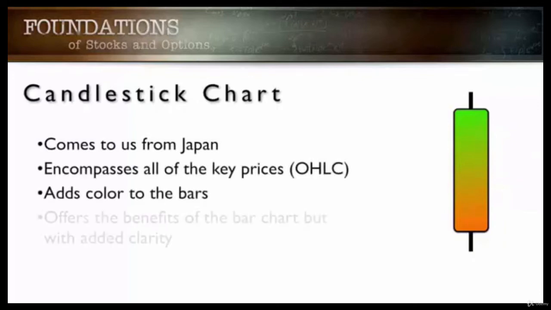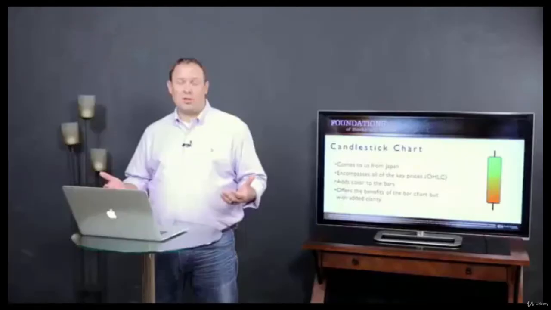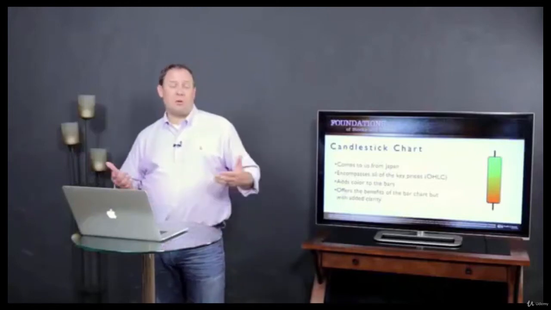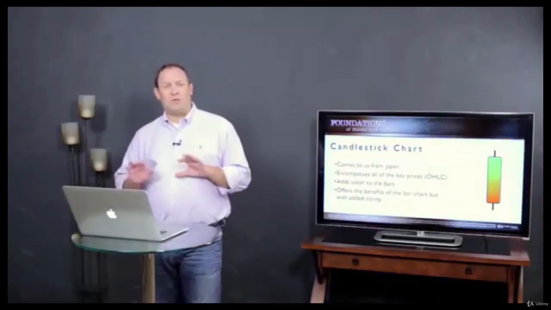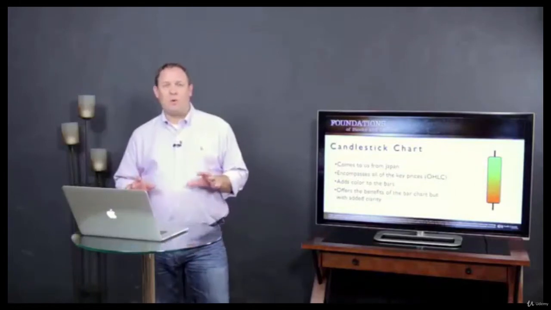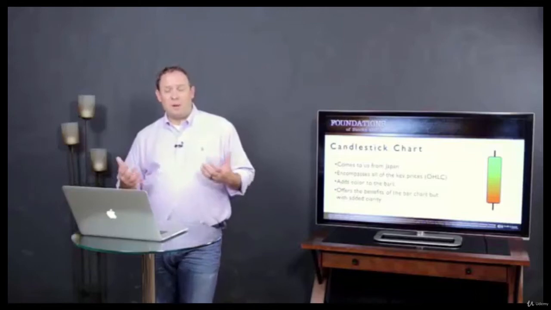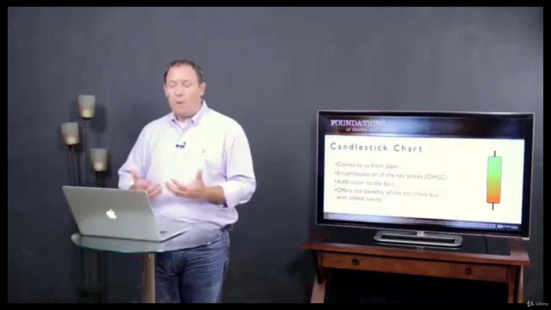Now candlesticks come to us from Japan. They're a great form of trading. We often call them Eastern candlesticks or Japanese candlesticks, and the reason again is because they come to us from Japan. It's a very ancient form of charting that frankly predates even what we use here in the United States, or what we historically have used here in the United States. And so Japanese candlesticks are a great tool. As you work with them more, you're going to love what you can get in terms of information from the candles. But on its most basic principle, it's still just those 4 key price points: the open, the high, the